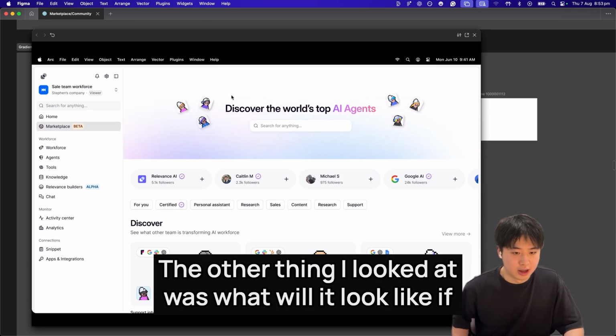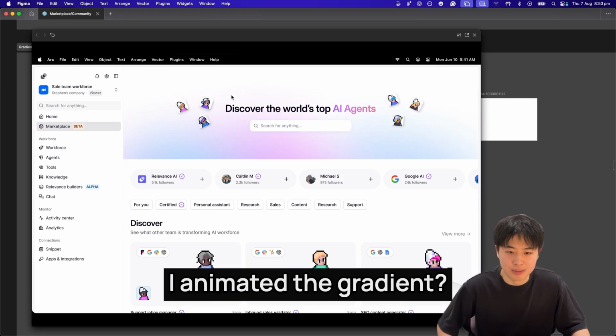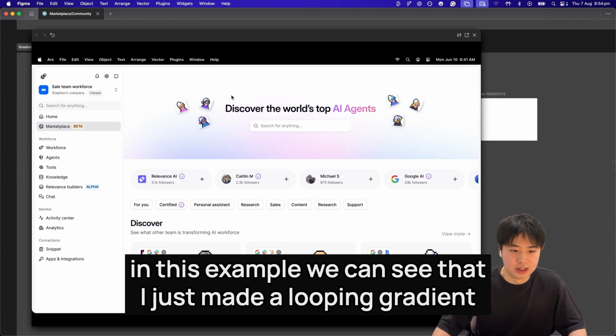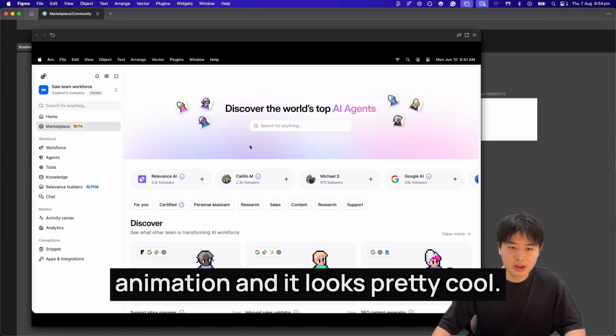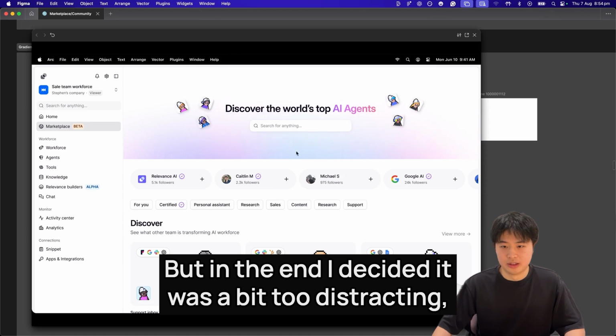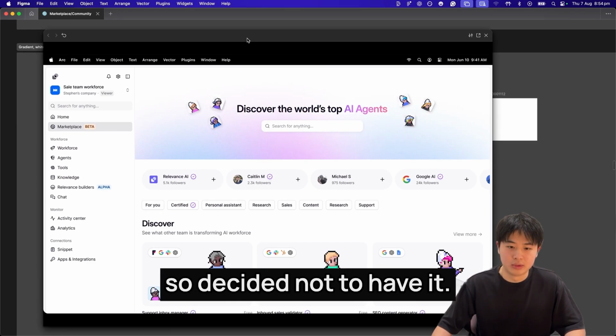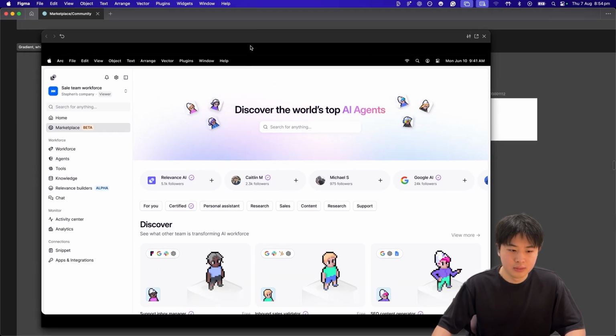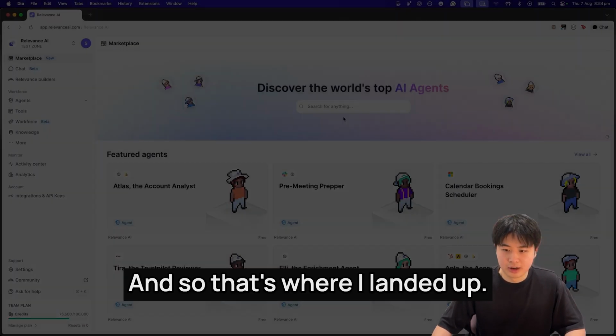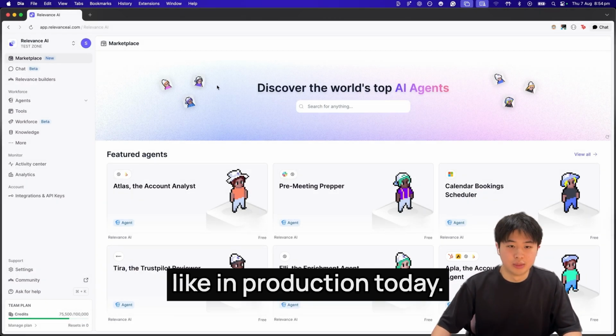The other thing I looked at was what it will look like if I animated the gradient. In this example, you can see that I just made a looping gradient animation, and it looks pretty cool, but in the end, I decided it was a bit too distracting, so decided not to have it. And so that's where I landed up, and to show you guys what it actually looks like in production today,